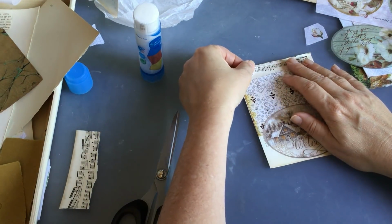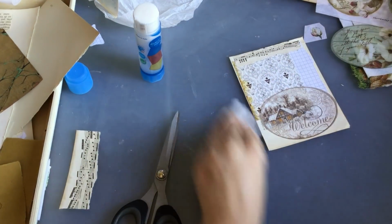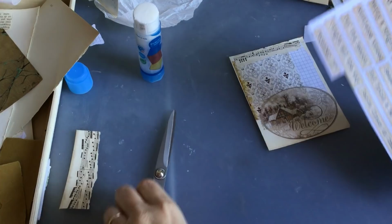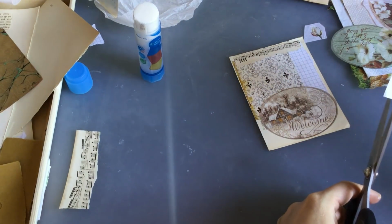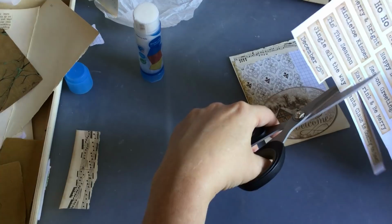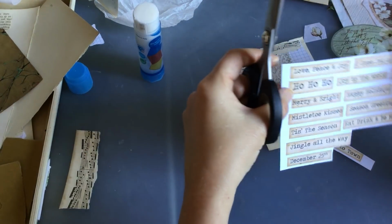Now, do we want any Christmas words? This is the million-dollar question. I mean, could these not be Christmas cards in some way? Could they? Could they not? I don't know. Maybe, let's try Santa Claus is coming to town. And what about, I just want to try one that you put in